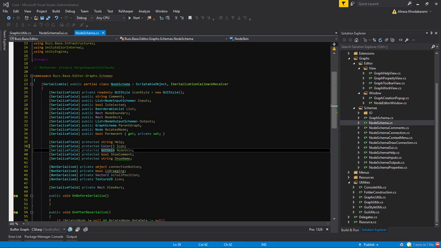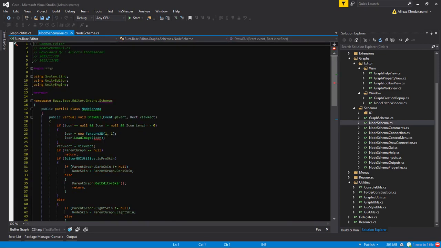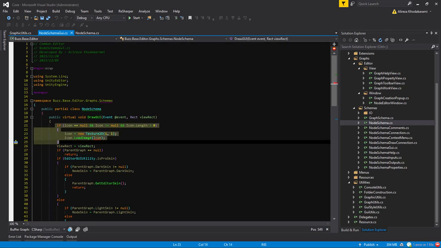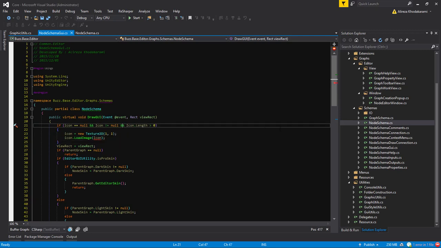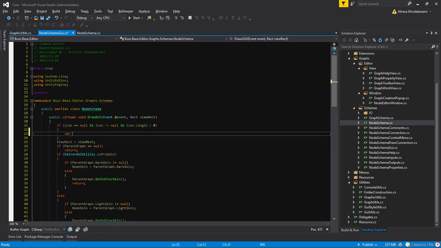And now we need to do it in the GUI properly, because this part won't work anymore. So we say if icon equals null and the capital icon does not equal null and the length is greater than 0. Can I do something like this? No. Then we say var width